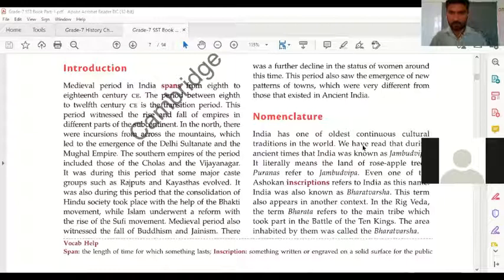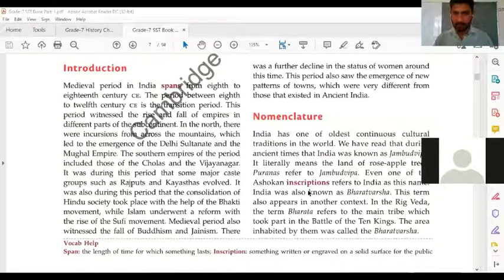India has one of the oldest continuous cultural traditions in the world. We have read that during ancient times India was known as Jambudweep. So in history, India was also called Jambudweepa. It literally means the land of rose apple trees. Puranas refer to Jambudweep. जो पुराण हैं, हमारे एंशियंट टेक्स्ट हैं, वो हमारे देश का नाम बताते हैं जम्बूद्वीप। जम्बूद्वीप का मतलब होता है लैंड ऑफ रोज एप्पल ट्रीज।